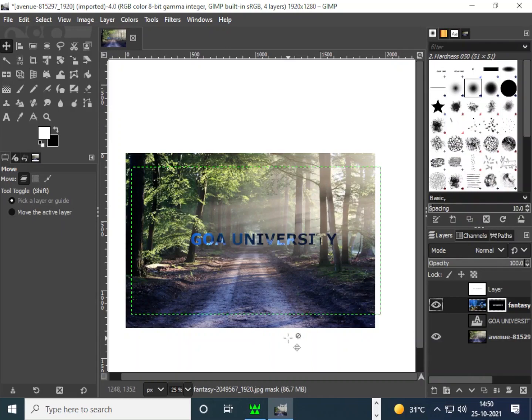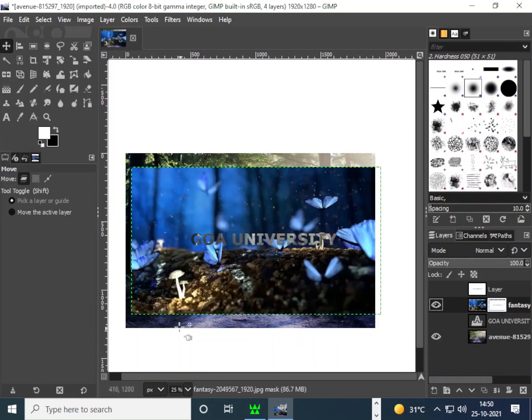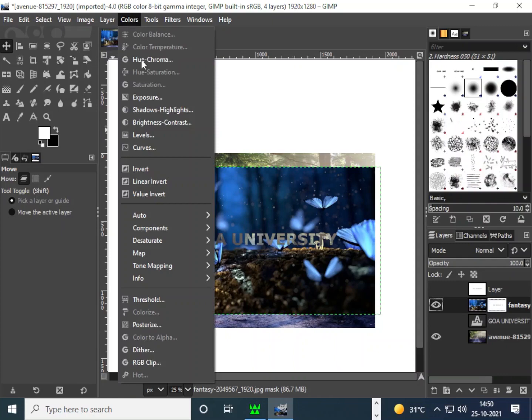You did not see this step, right? This was what I was getting. How do I get the opposite of this? What is the word you use? Invert, right? So click on the layer, go to colors, I have shown this, and say invert.